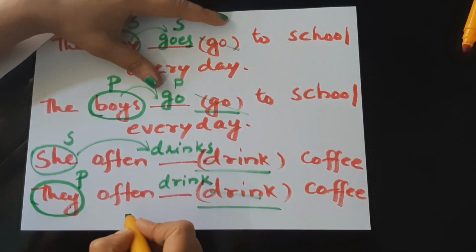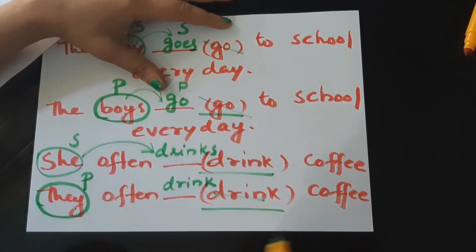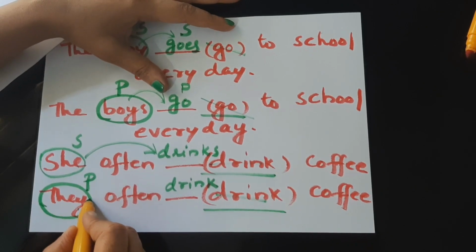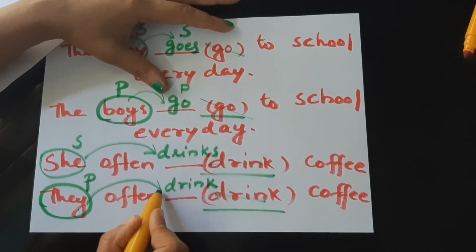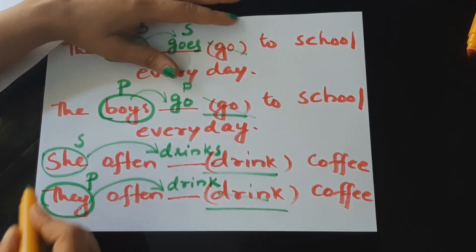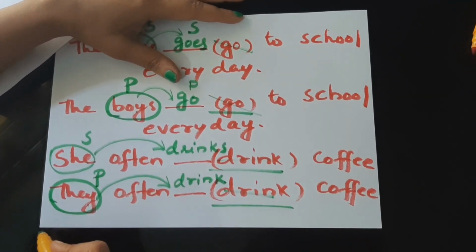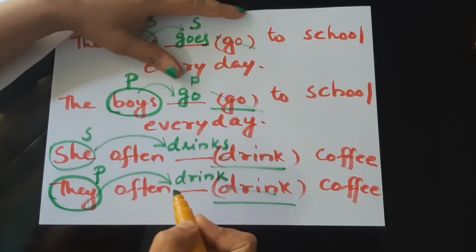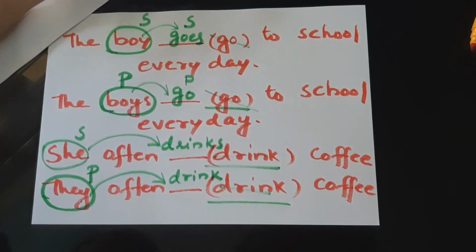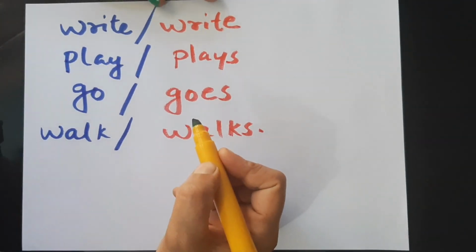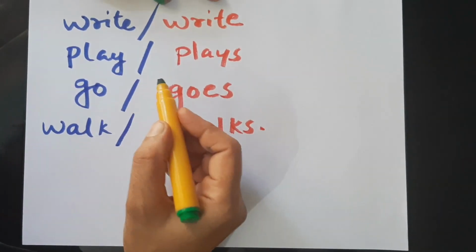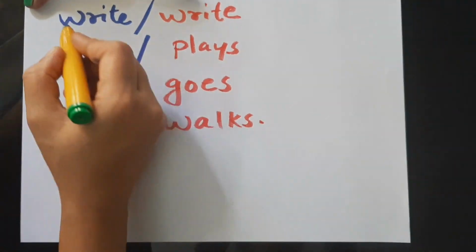They often drink coffee. See, plural subject and its plural verb. She often drinks coffee. They often drink coffee. That's the difference. Now, I hope you understood how there are two forms of verb for simple present, just like